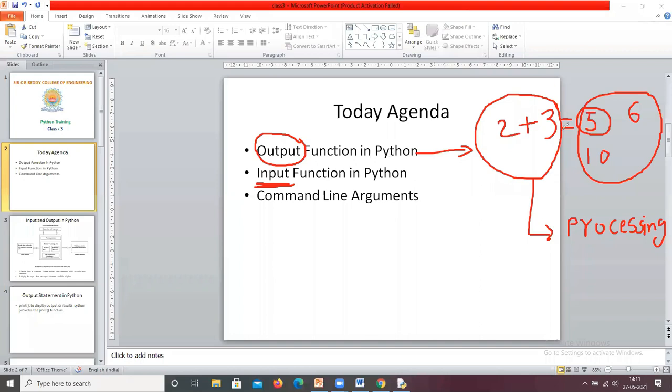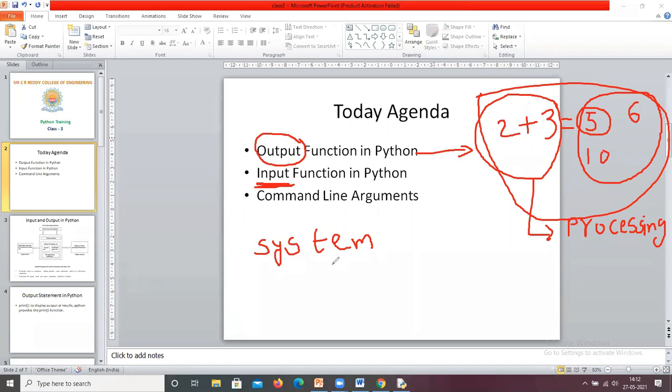So in this scenario, the human uses ears as the input device and mouth as the output device.